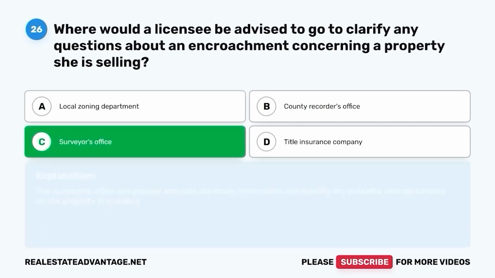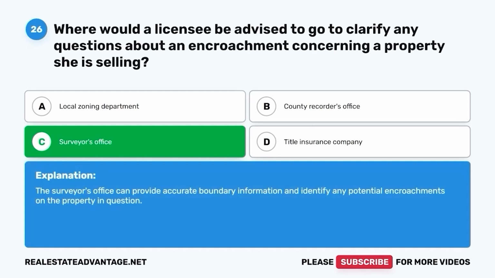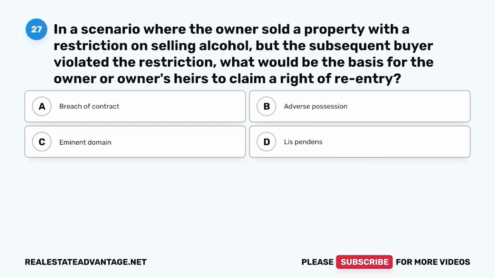Surveyor's office. The surveyor's office can provide accurate boundary information and identify any potential encroachments on the property in question. Question 27. In a scenario where the owner sold a property with a restriction on selling alcohol, but the subsequent buyer violated the restriction, what would be the basis for the owner or owner's heirs to claim a right of